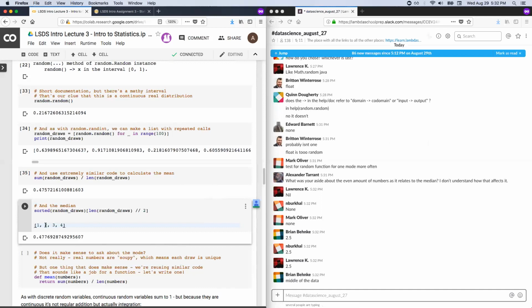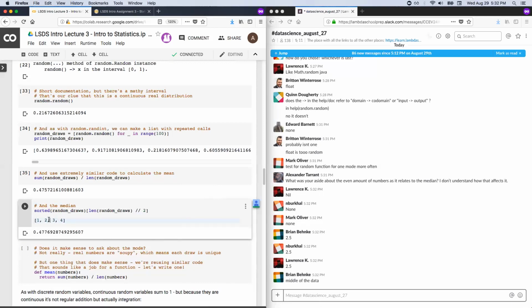Yeah, it's the middle. So the convention, if this was your list, you say the median, that's easy. It's 2, right? It's in the middle of 1 and 3. There you go. In this case, well, wait a second. Is 2 in the middle or is 3 in the middle? They kind of both are because there's an even number of things. They're the 2 central elements. And so the convention is add them up and divide them by 2. And that gives you the true median in a case where there are an even number of elements.